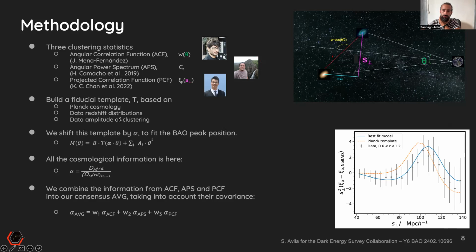Then we have a fiducial template, T, which is based on the Planck cosmology, then the data redshift distributions and the data amplitude of clustering. So this is what we call the galaxy bias. And once we have this template, which is basically our 3D prediction, let's say,